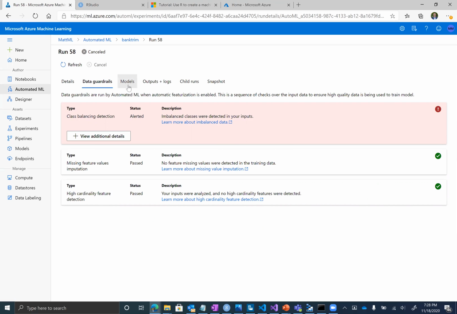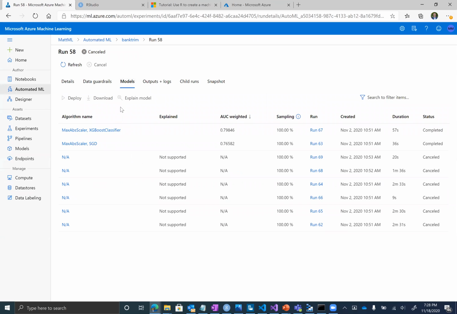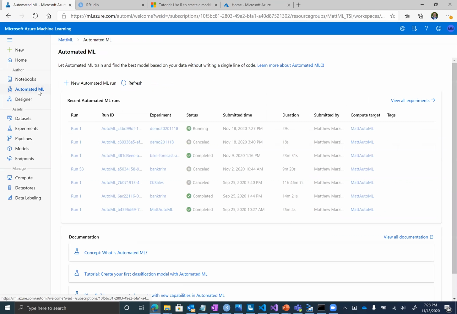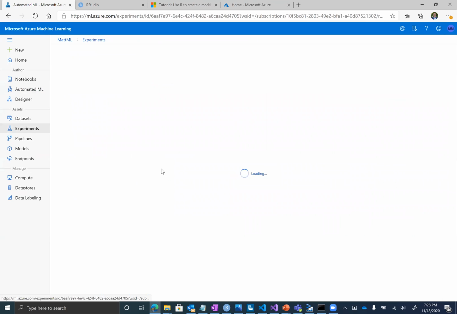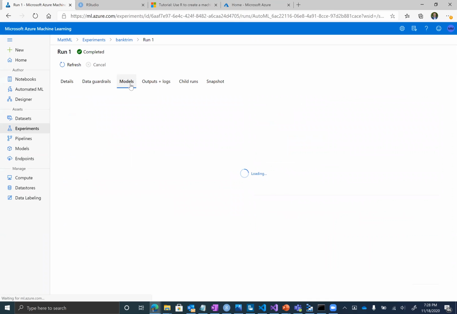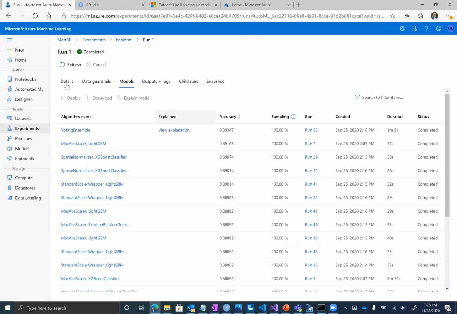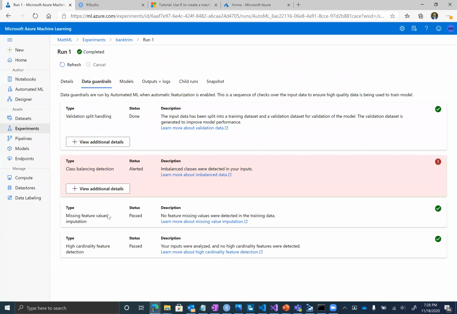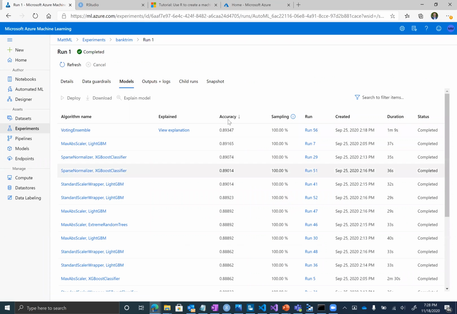And then you can take a look at the actual models that were included in this. And you can see here, actually, this might not be a good one because I don't think I have the explainability. Let me go back here. The same one I was in. Okay. So you see here, a similar thing, right? We have the guardrails, and then we have the models, and then this is ranked based on accuracy, which was a lazy run by me. You probably really shouldn't be evaluating your binary targets on accuracy.